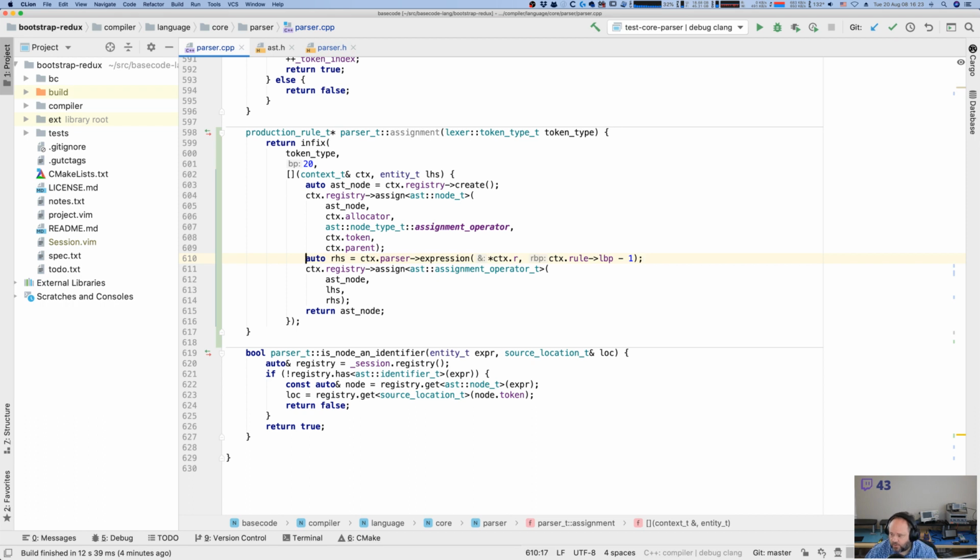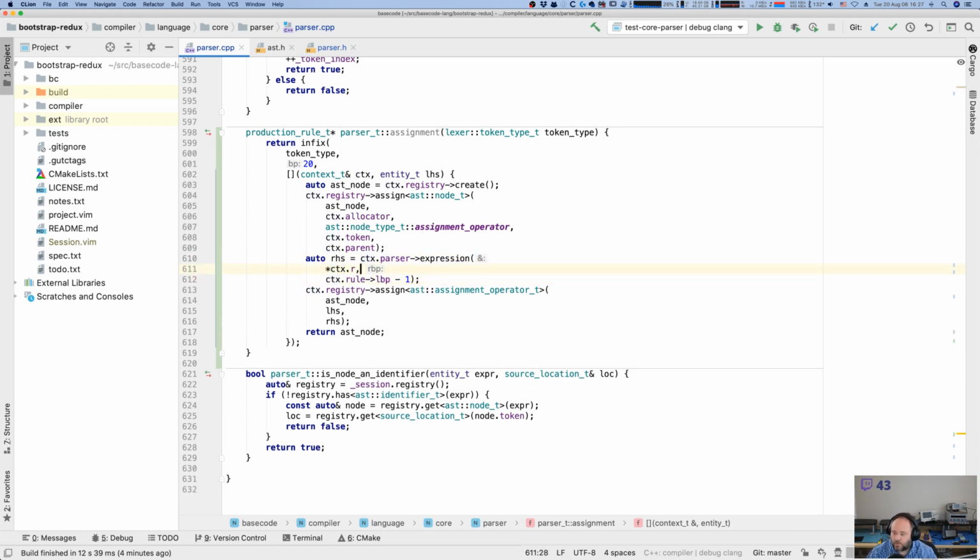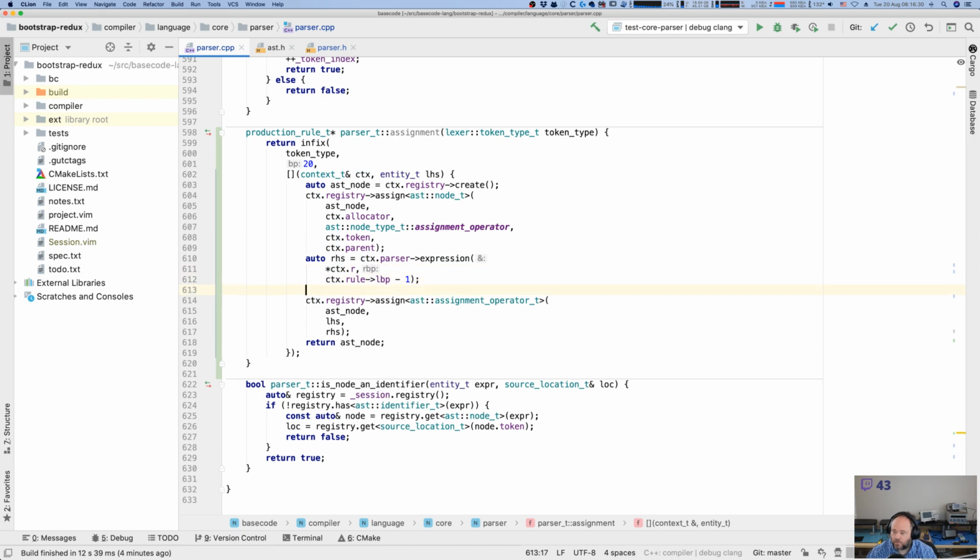Okay, but what we want to do is we want to check for this degenerate case at the statement level, right? Or I should just say at any level. Right? So if